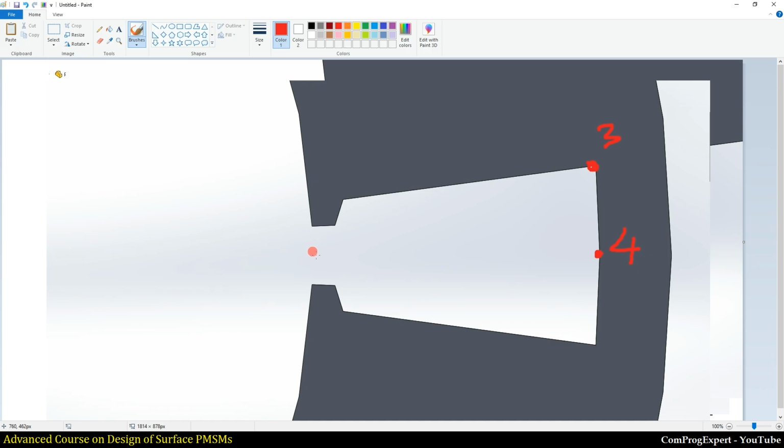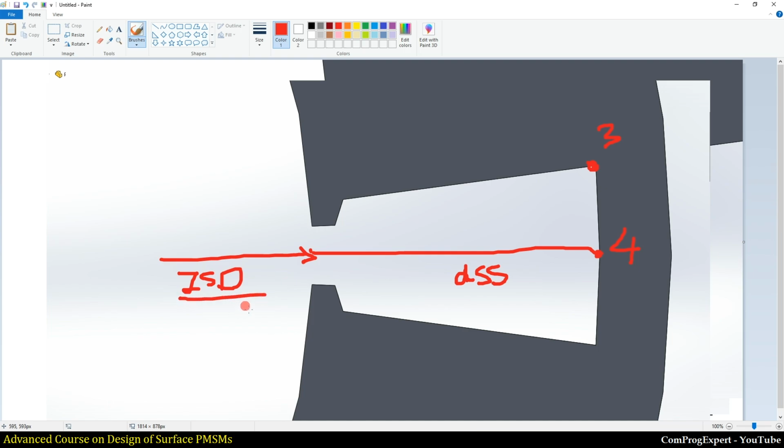The point number 4, this is the depth of a stator slot and ISD divided by 2, right? Excuse me. This is the point number 4. This is the point number 5, we can call it. So we are looking for the point number 4. This is 1, 2, 3, and 4, right? So how can we calculate the point number 4?